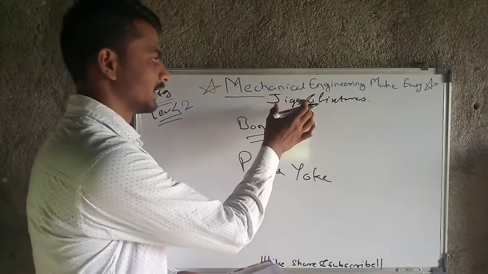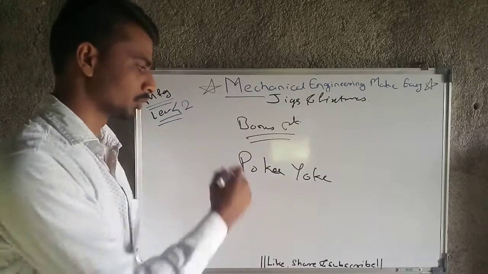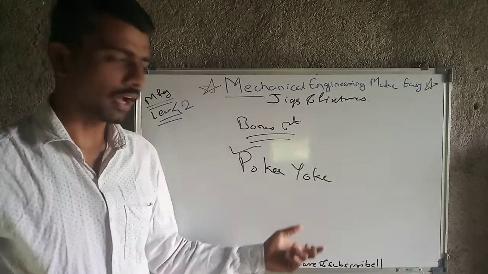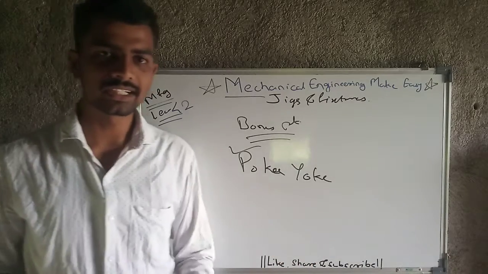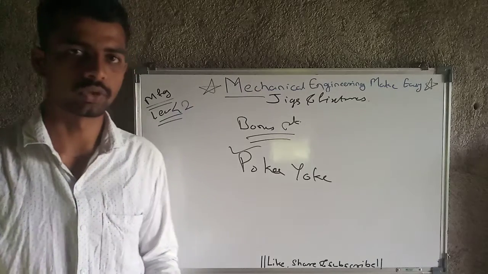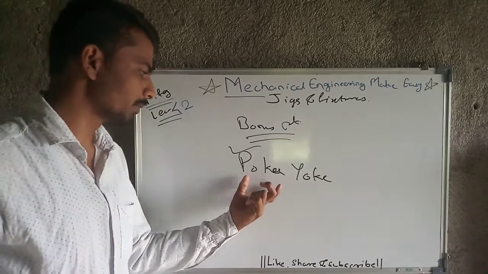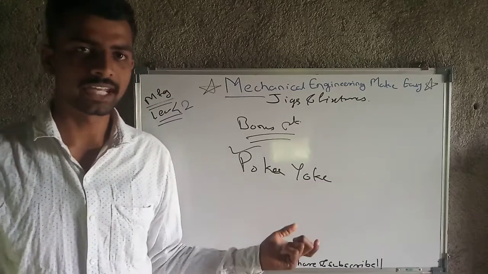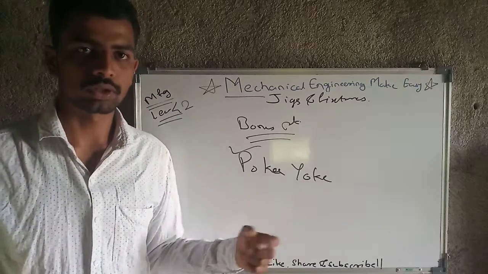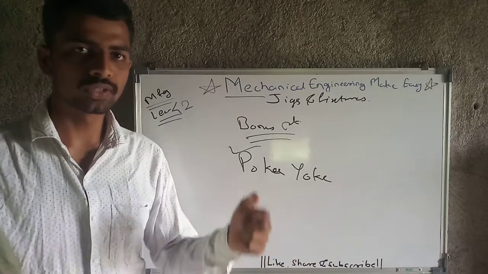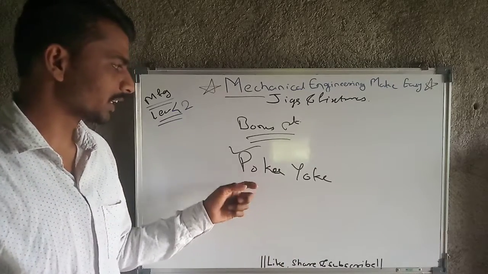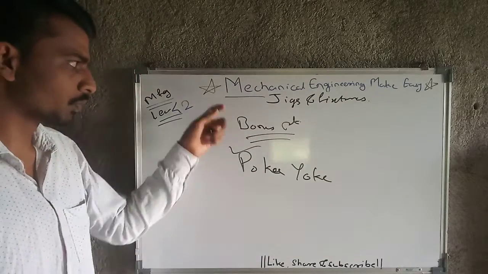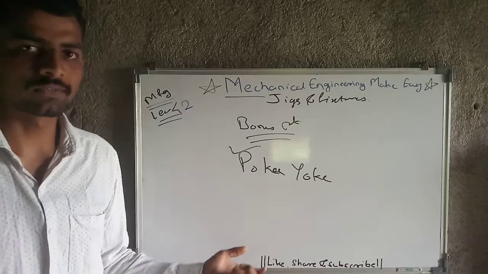Likewise, in the design and manufacture of jigs and fixtures also, we use the poka yoke concept. We will see this concept in detail in the metrology and quality control subject. For now, just remember this name, poka yoke, which is one kind of mistake proofing technique we implement to increase quality and reduce errors. Ultimately we use this technique for the design and manufacture of jigs and fixtures also. So this is all I have designed for today's lecture.